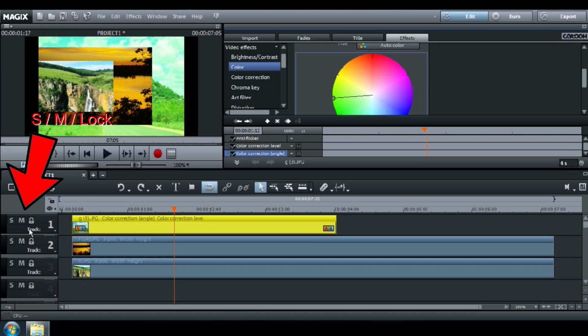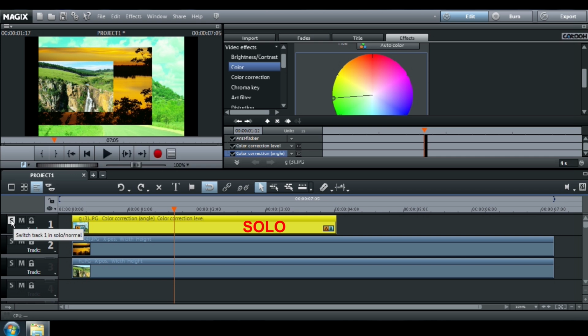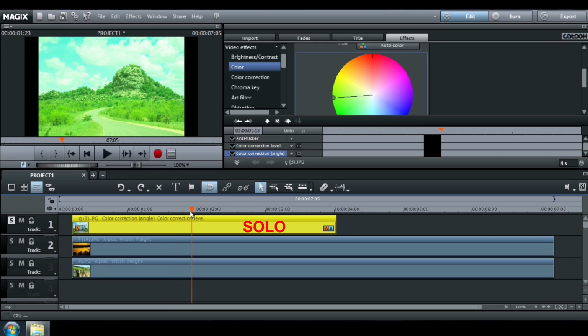On each track, you will find 3 options: solo, mute, and lock. Using solo, only the tracks selected are played.